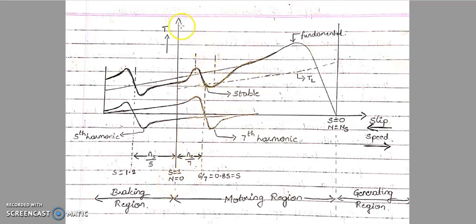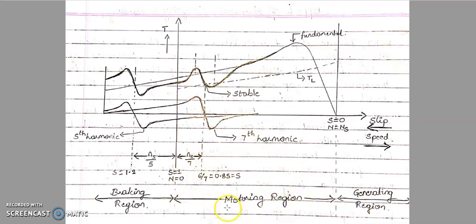And again we know that we have divided this speed torque or slip torque characteristics into three regions. One is from this point to this point. This region is called the motoring region, which you studied in the earlier class. Again, from this point to this point, it is called the braking region. And from this point onwards, depending upon the waveform, it is called the generating region. Your motor will operate in one of these three regions. Since we are concerned with the motoring region, we shall only consider this particular part.